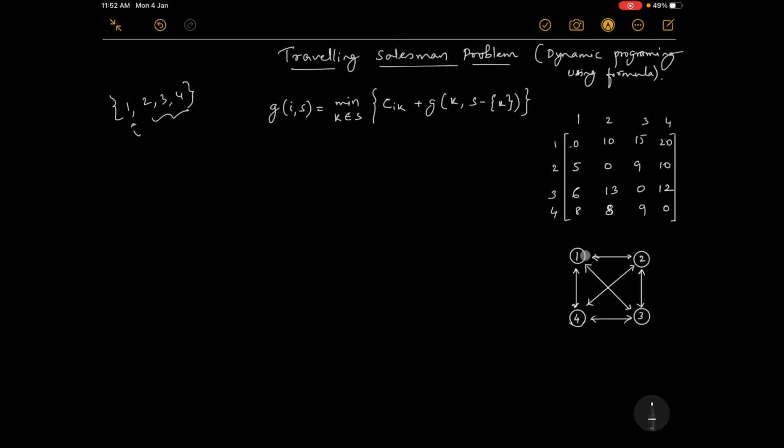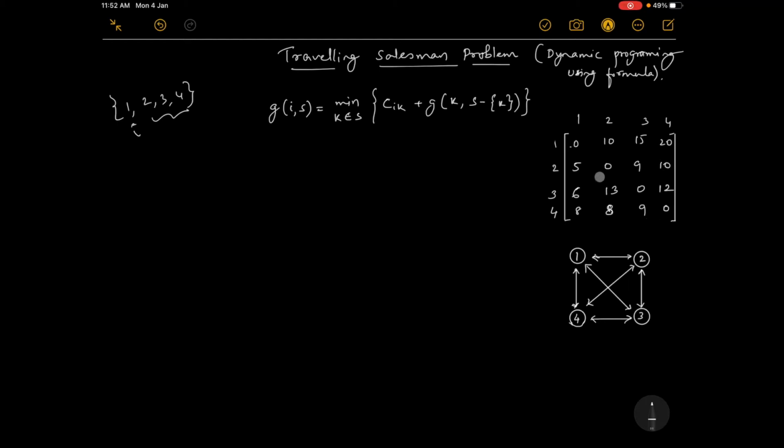Okay, so we are going to solve this problem, and here they have given, if he is in location 1, to go to location 1 there is no cost because he is already there. To go to location 2 the cost incurred is 10. To go from 1 to 3 it is 15. From 1 to 4 it is 20. Similarly, 2 to 1, suppose he is starting from the second position, if he is choosing location 1, then the cost is 5. From 2 to 3 is 9, 2 to 4 is 10. So the cost matrix is given.